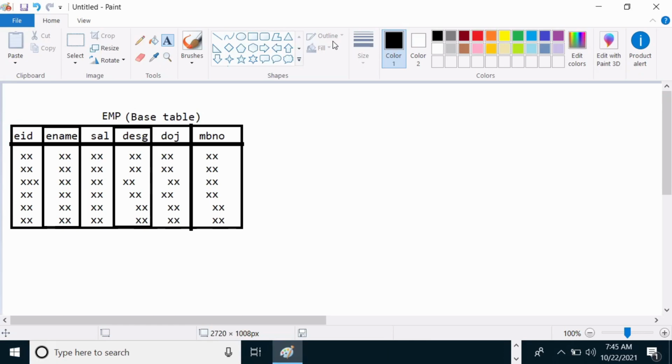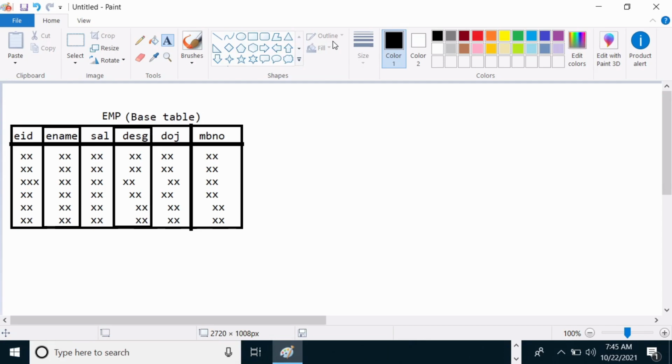While they are performing some activities, sometimes, as per their work, they need a few columns of data.